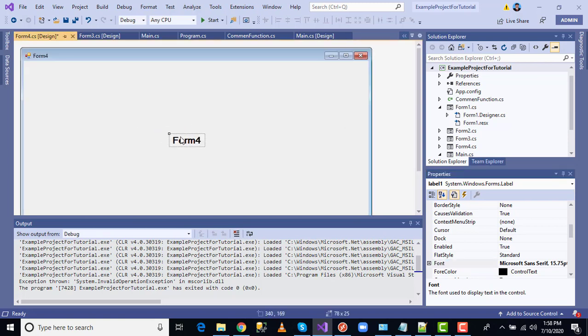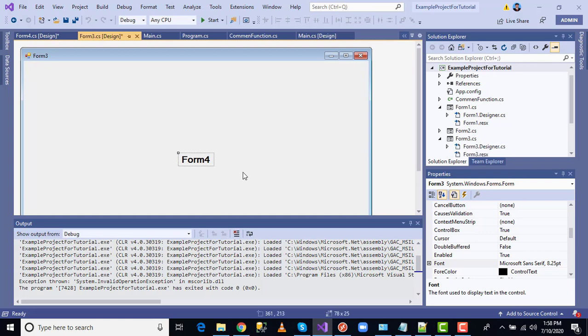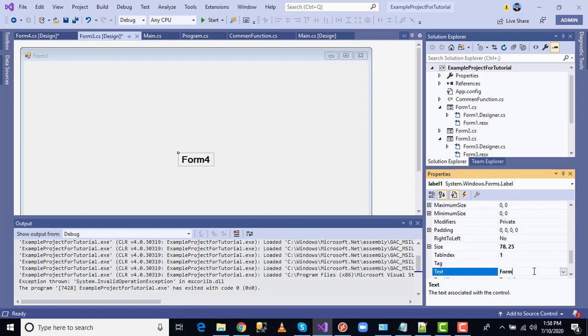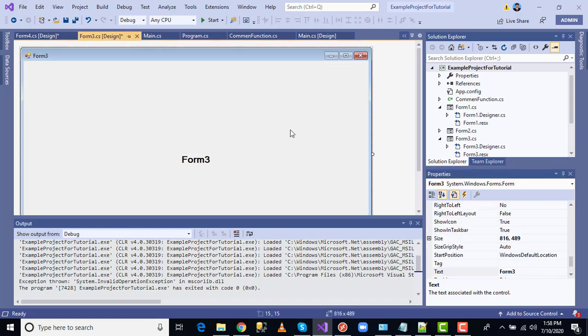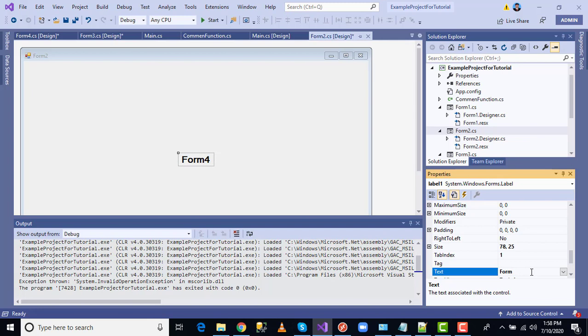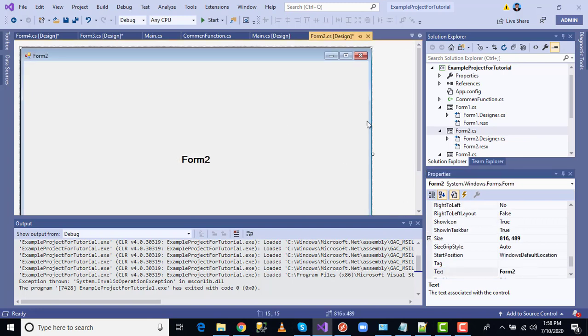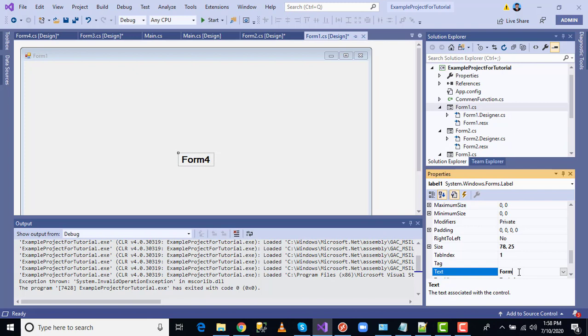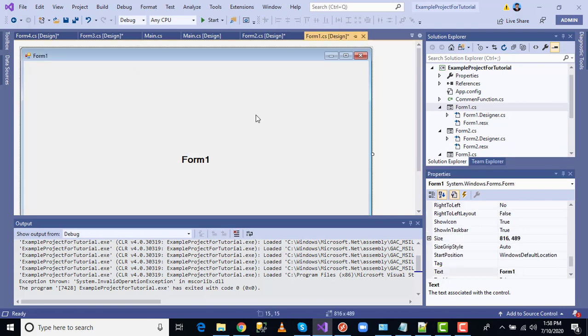Okay, I copy this label to all the forms. Just I'm going to open that form, so I pasted it here, and I'm changing the name also here, form as that. Okay, and then also I'm going to open form 2. Here I pasted, this is 2. Okay, and then I'm going to change here, this is form 1. Okay, so I declared all the names.